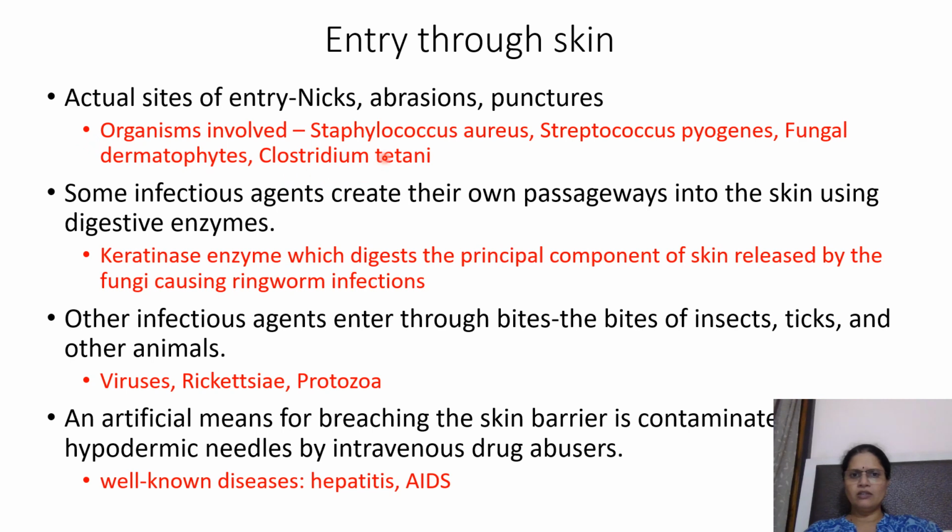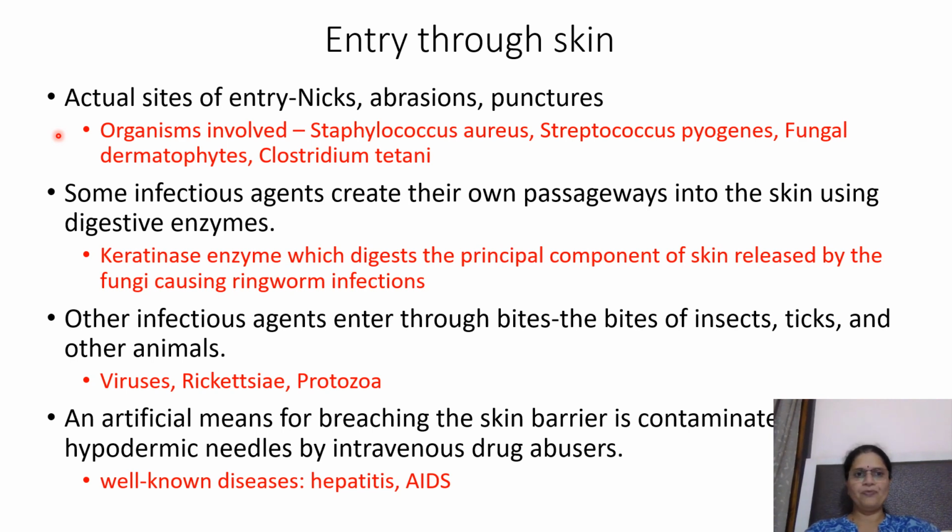If you see these organisms, Staph aureus and Strep pyogenes, they are actually the normal flora present on the skin surface. But when the skin layer gets disturbed, they can easily enter the deeper layers and cause the infection. And Clostridium tetani spores, as I already mentioned, will be present in the soil. So when you come into contact with the soil containing these spores, the spores can easily enter these punctured areas, these affected areas. The spores will germinate, giving rise to vegetative cells, leading to infection. So this is the first way of